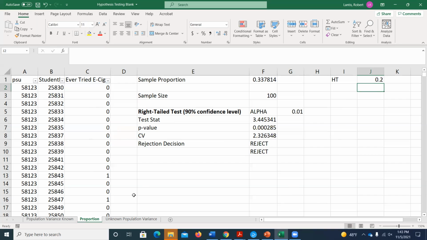Yeah. Can you go over when to use the norm.si? Yep. Yeah. So